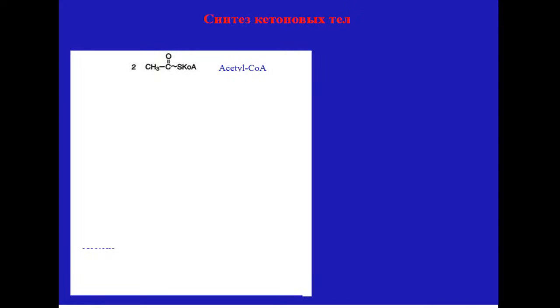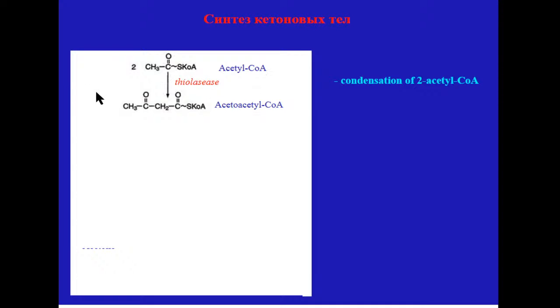Let's go to the synthesis of ketone bodies. It starts from the condensation step of 2 acetyl-CoA. The enzyme necessary for this reaction is named thiolase, because one free coenzyme A will be cut away at this step. And the substance that we will obtain is named acetoacetyl-CoA. One acetyl, second acetyl, so 4 carbons now, combined with coenzyme A. This combination is necessary, as you know, for all active acyls.